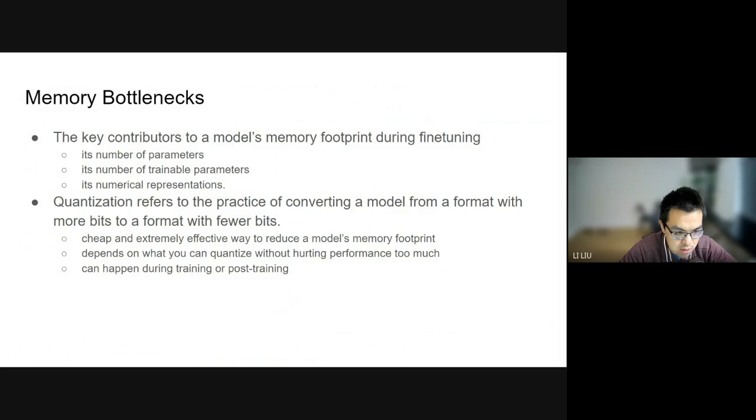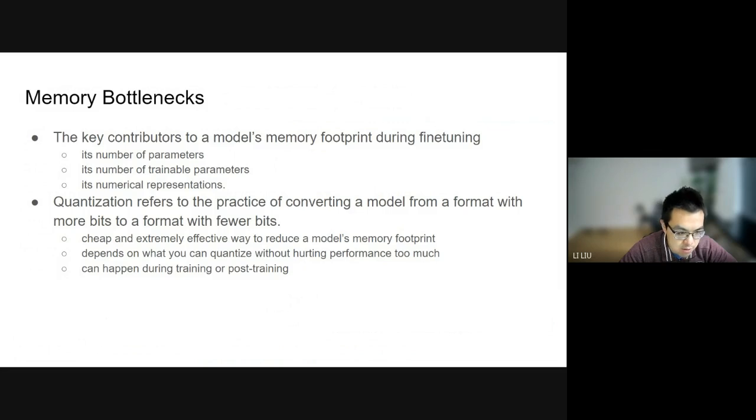That's why in the past there was a lot of demand for better GPUs, and also all the discussions and excitement around models such as DeepSeek, where you can potentially use a lot less memory than you would expect. For fine-tuning as well, there are several contributors to a model's memory footprint during